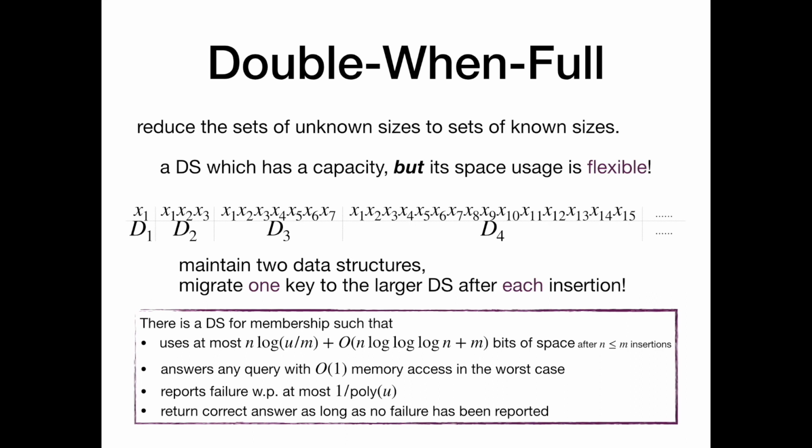Our data structure with capacity uses O(n log log log n + m) bits of redundancy and has constant worst-case operation time. For simplicity, I will assume m and n are in the same order and they are at least